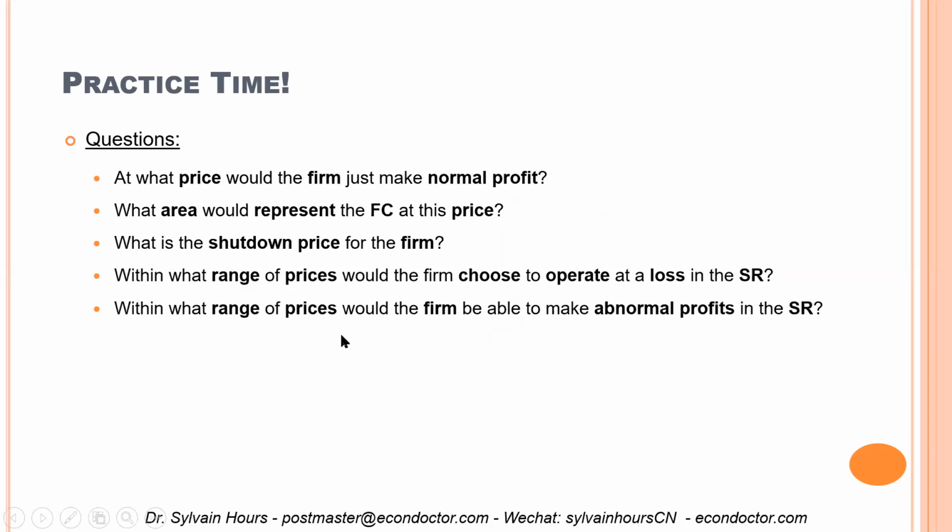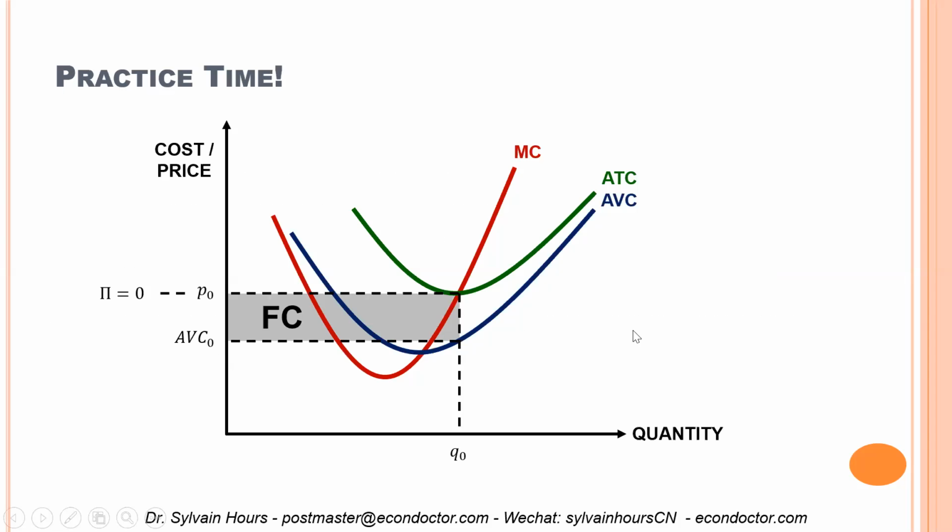Within what range of prices would the firm be able to make abnormal profit in the short run? Well, remember, abnormal profit is just positive profit. The firm makes zero profit when the price is P0. The firm will make positive economic profit as long as the price is greater than P0. And final question,